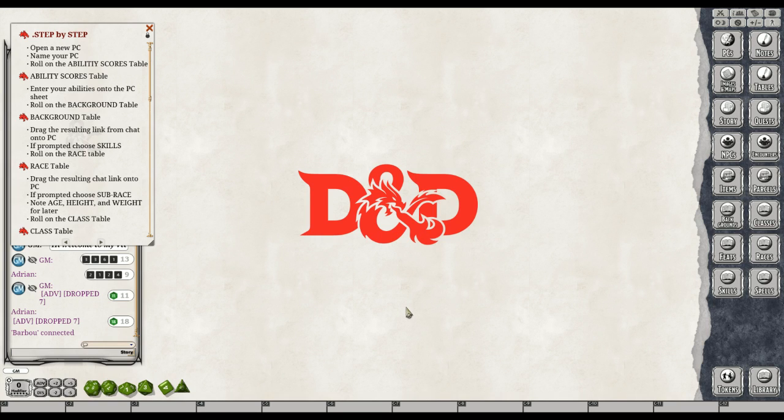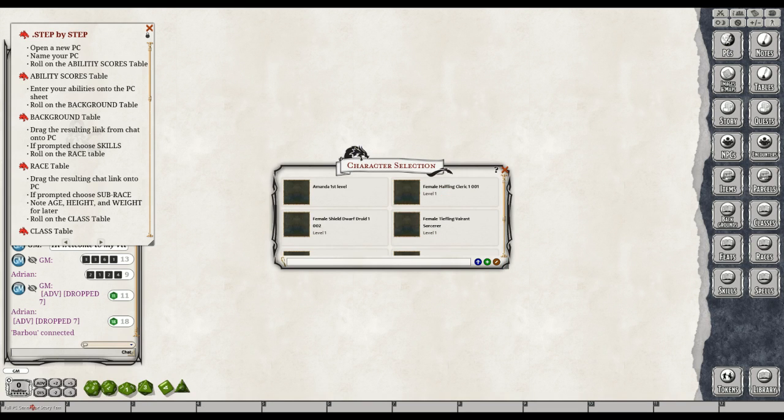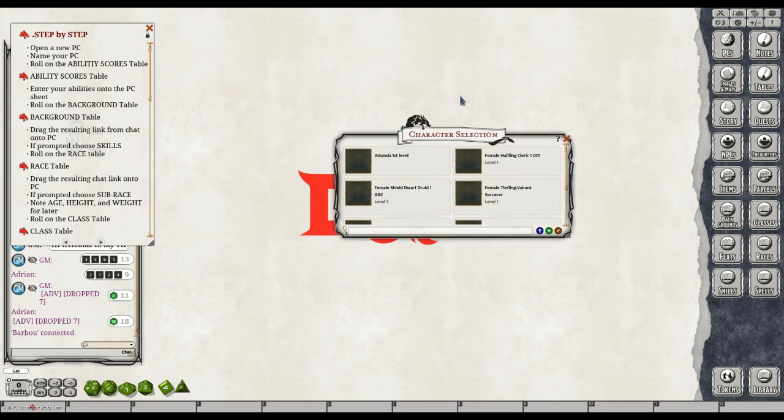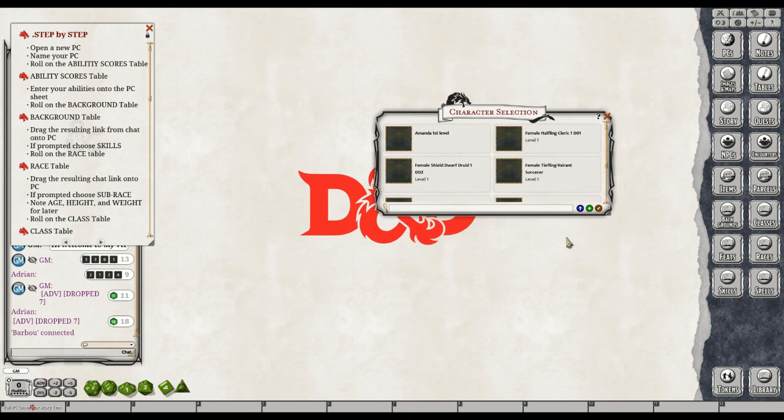Okay, so the first thing to do is we need to see where it says PCs, the button over here on the right hand side. Yes, click that. Okay, now since we want to create a character, click. Okay, since you're creating a character, down at the very bottom you see a blue up